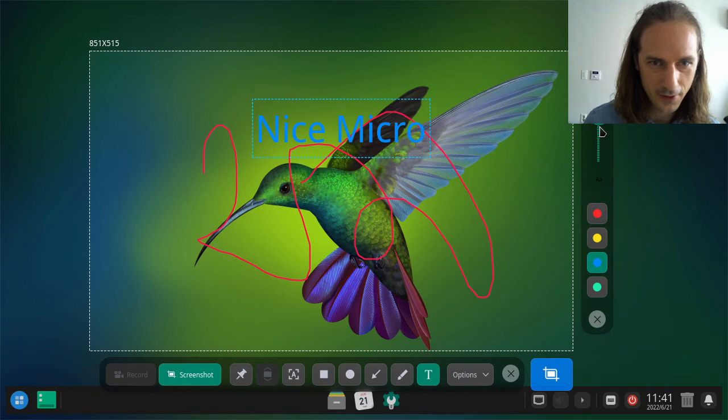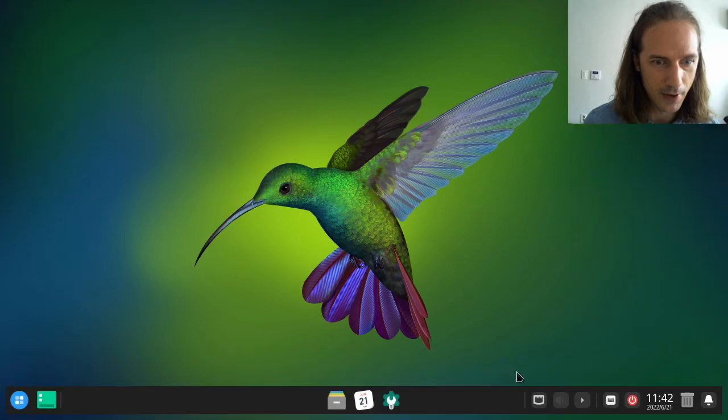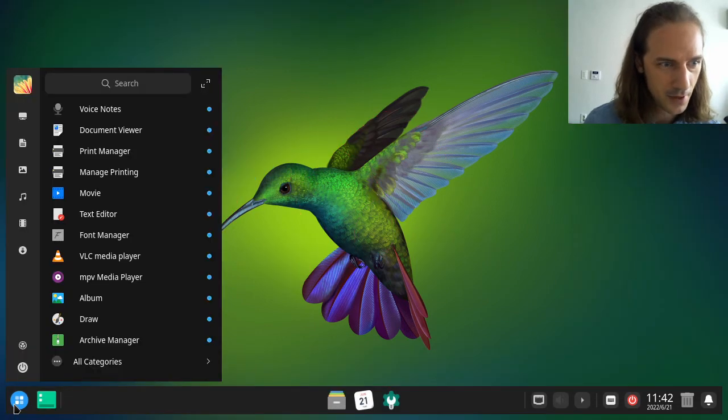Can we just increase the text size? Yes, we can. Can I move this? No? Oh, I can move it. It's just a little slow. Alright, so this is a great screenshot tool. Very pretty. So, a lot of nice